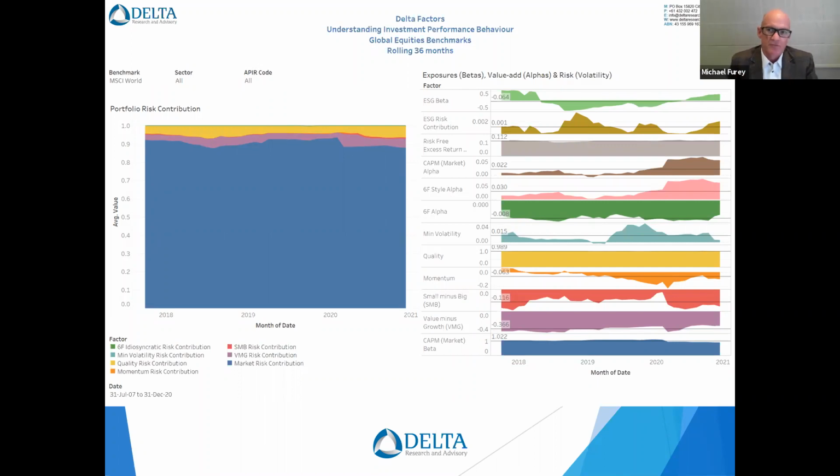So if this was an active manager, you'd probably be a little bit disappointed because 100% of that non-market risk just so happens to be reflected by growth and quality. What it actually is, is a smart beta strategy that reflects the quality part of the MSCI World Index. It's an ETF I'm sure many of you may be familiar with, but it's safe to say that for this smart beta strategy, the history of the performance is pretty much what you would expect.